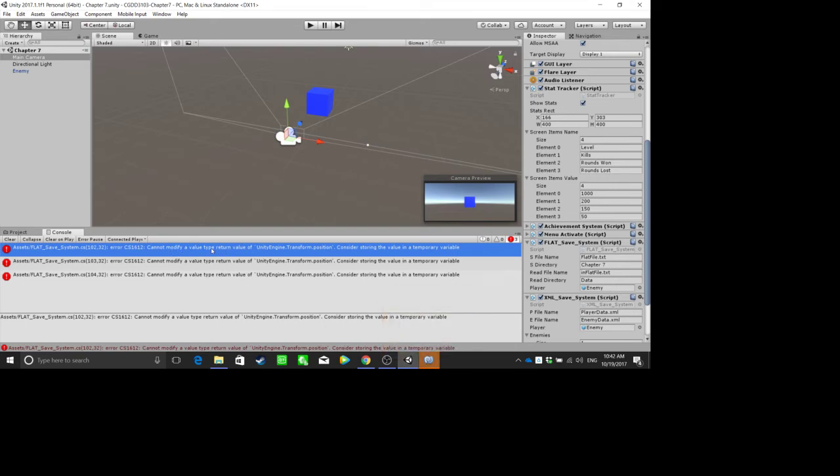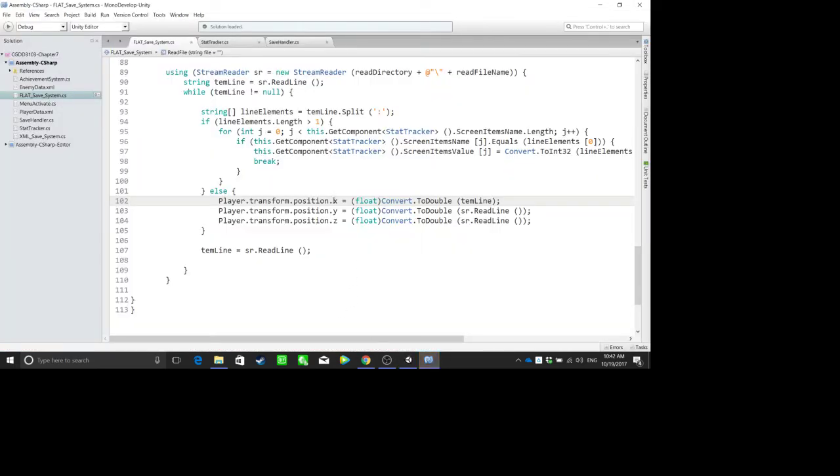Cannot modify a value type, return value. Okay. So what we want to do is